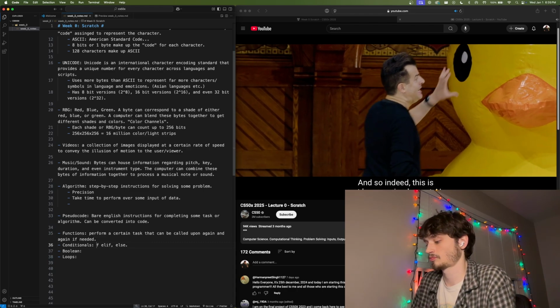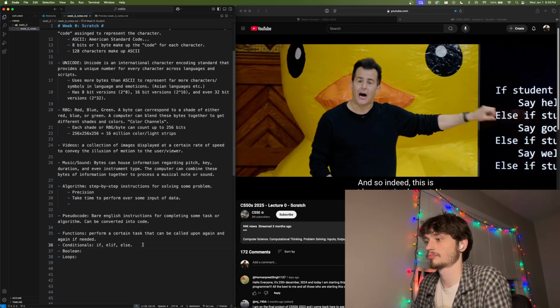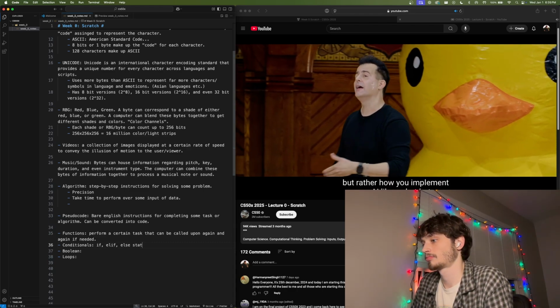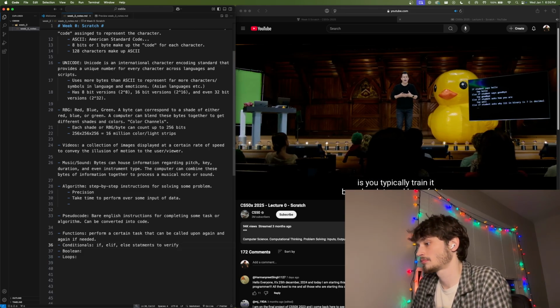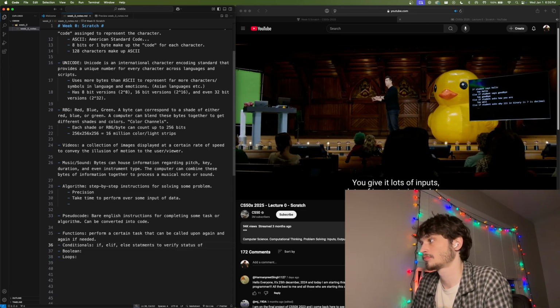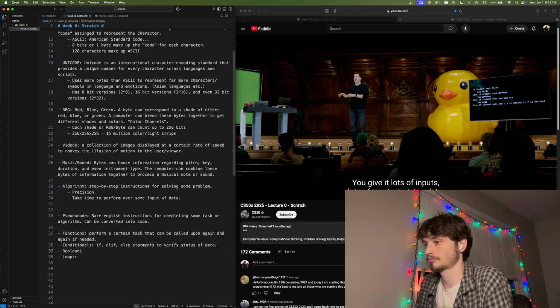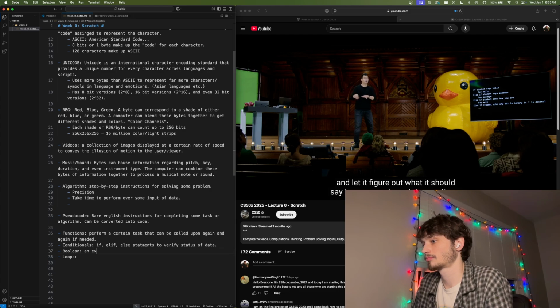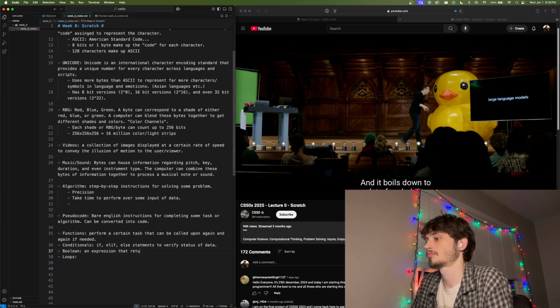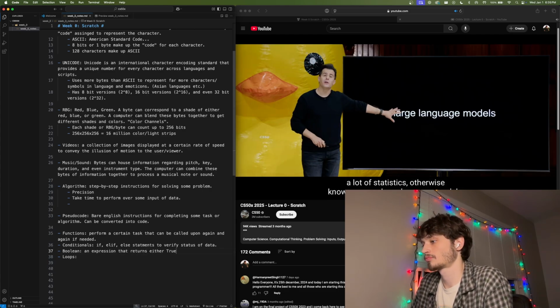And so indeed, this is not how you implement AI, but rather how you implement an AI like a chatbot is you typically train it based on lots and lots of data. You give it lots of inputs, training data, and let it figure out what it should say in response to certain questions. And it boils down to a lot of probability, a lot of statistics, otherwise known now as large